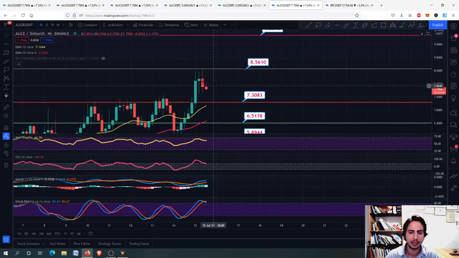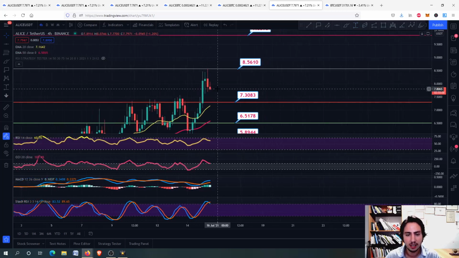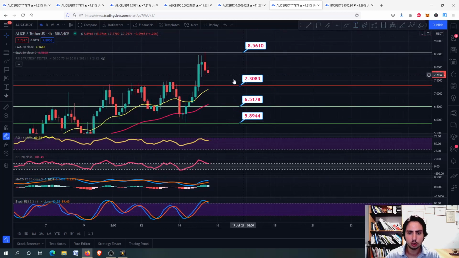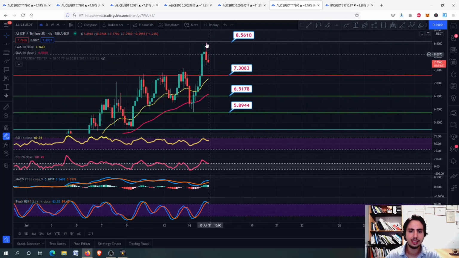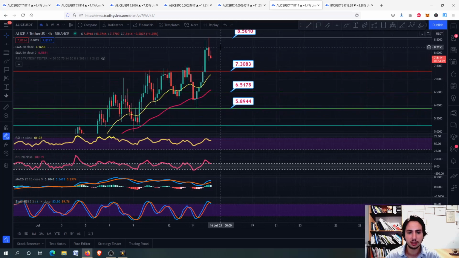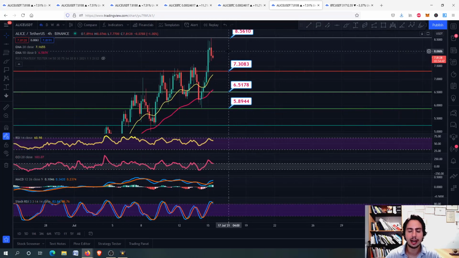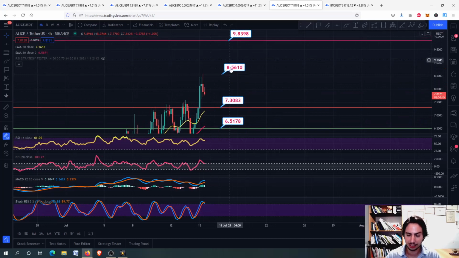You don't have to be greedy and invest around there, because we have a high risk going on right here. And if you aren't lucky enough to stop around 7.30 or 6.51, then you will lose tons of money. Okay, if this is the top for this impulsive wave, then you will lose a lot of money. So that's what I'm always saying. Make 8.56 a support level,